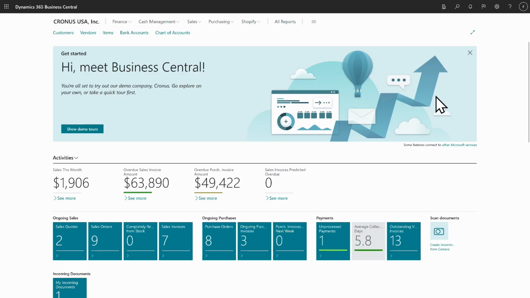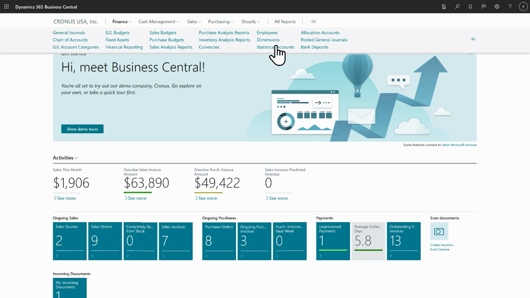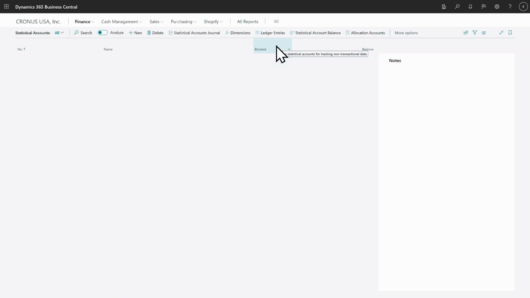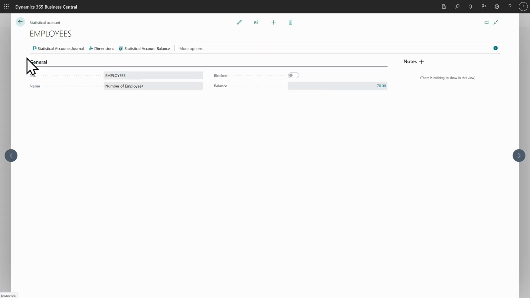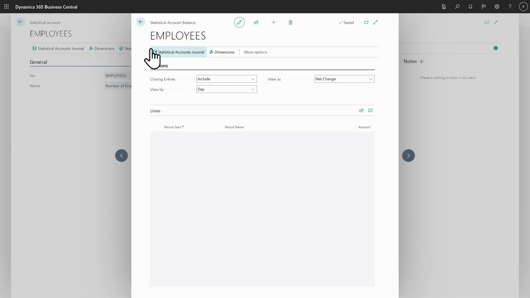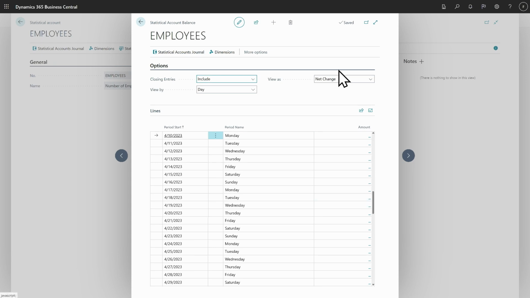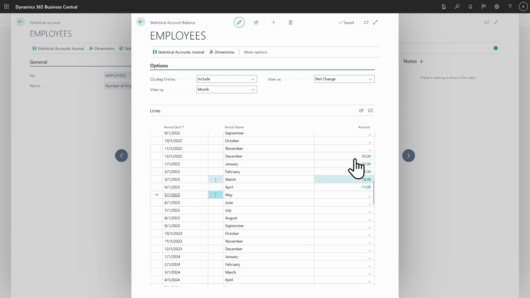Let's just take a brief look in the product and see where it is. So in here, under Statistical Accounts, you can set up different statistical accounts. And we can open one of them, number of employees. It's a nice number to track. You can open the balance to see what you have entered so far. We'll change the monthly change, and you can see that I typed in some changes